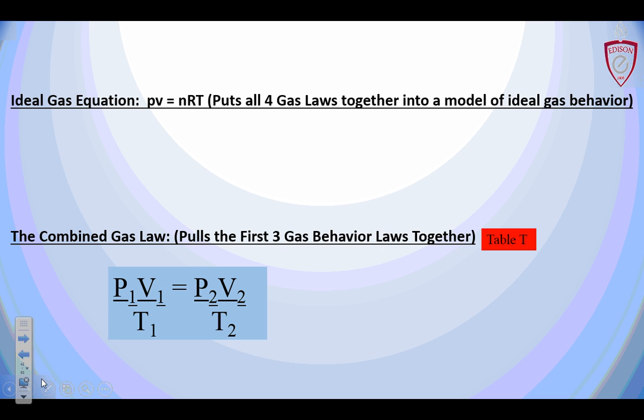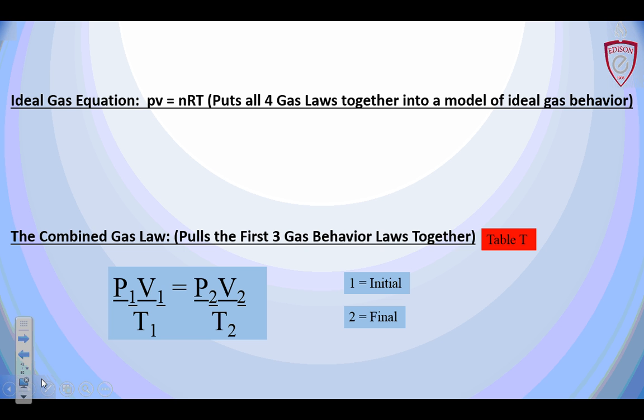Now, what you need to know here is that this is trying to relate the states of two conditions on the same sample of gas. Basically what it's saying is that the initial pressure, volume, and temperature relationship and ratio has got to be equal to the final pressure, volume, and temperature relationship and ratio. All of those laws that we just did at the beginning with the little graphs are hidden in here. So if I were to increase pressure, the volume would have to go down. And the temperature might also change, possibly.